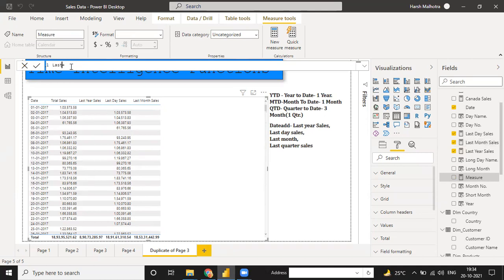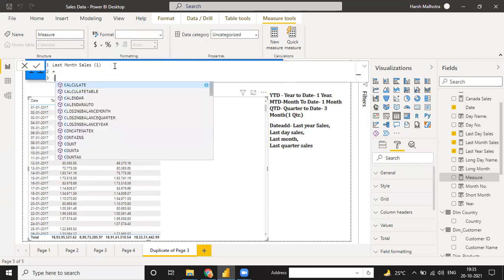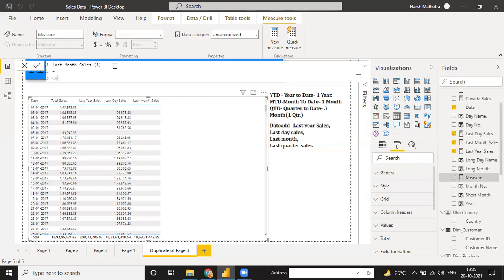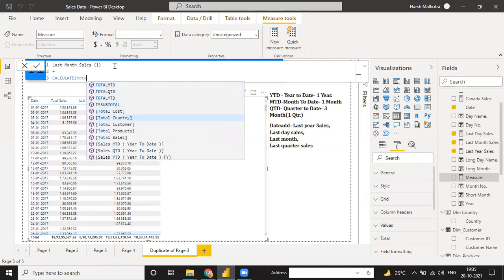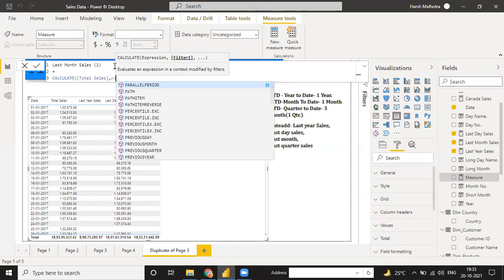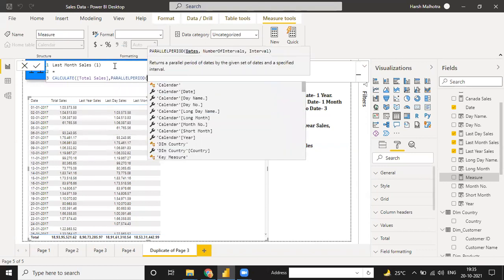If I use it here, I can just write it as last year sales, last month, and you just calculate your function, total sale. Okay. And same way, we have one more function here, PARALLELPERIOD, and it will also give you the same thing. There is nothing different, only the difference is in the interval.